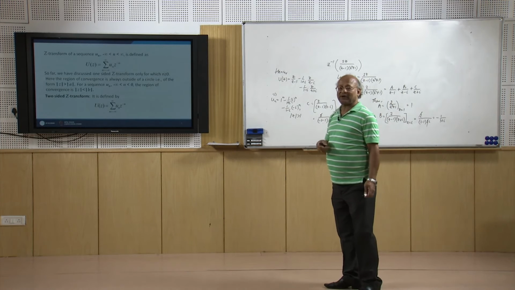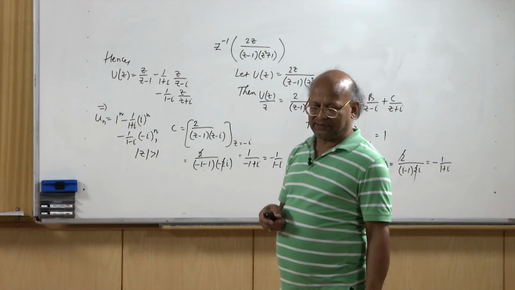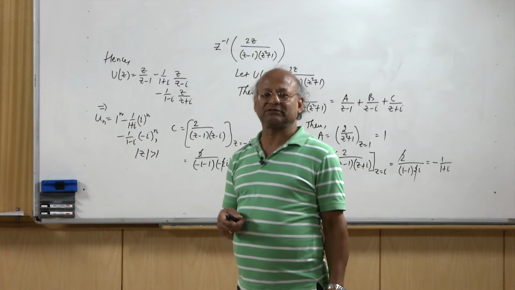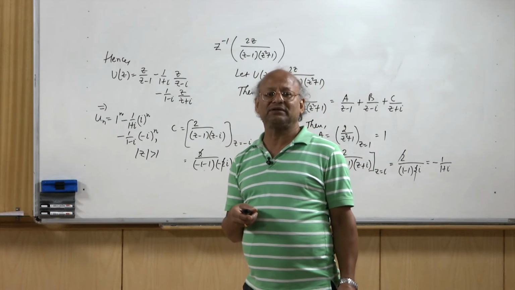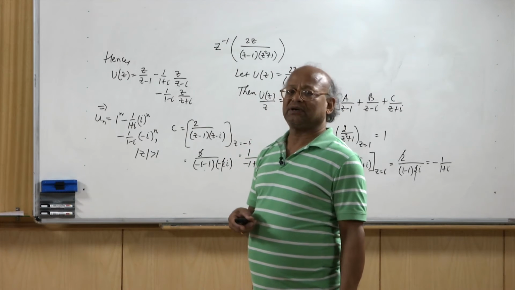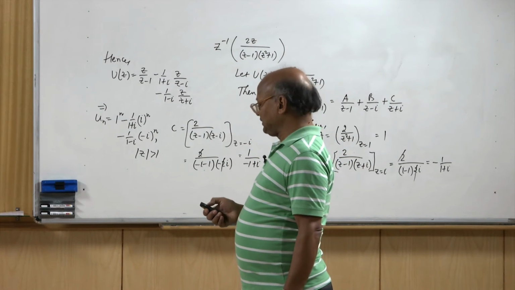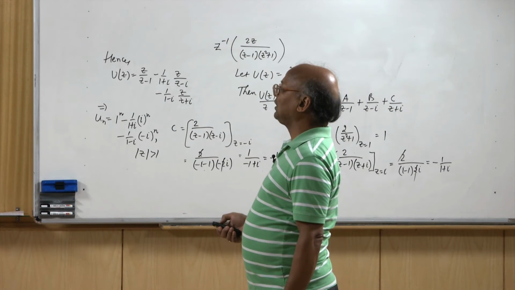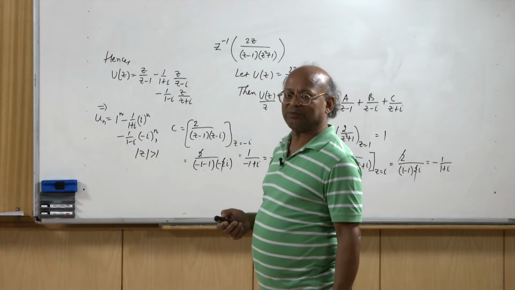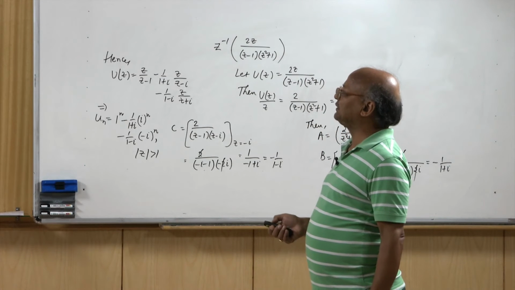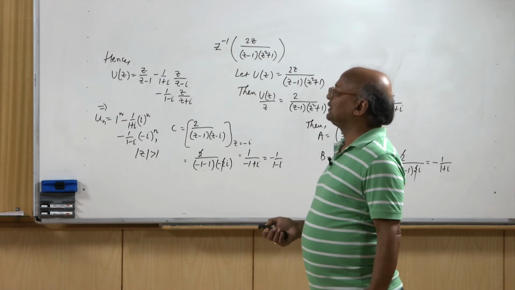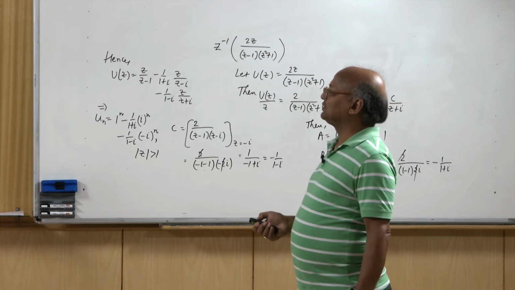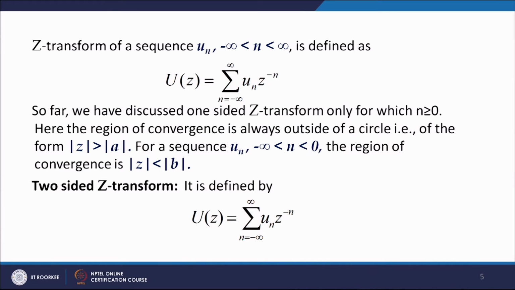two-sided Z transform. So far we considered the Z transform which was one-sided Z transform, where one-sided Z transform means we considered the values of n to be non-negative, n equal to 0, 1, 2, 3 and so on, and we considered U(z) equal to sigma n equal to 0 to infinity u(n) z to the power minus n, but n can take negative values also. So, when n takes values from minus infinity to plus infinity, the Z transform will be defined as sigma n equal to minus infinity to infinity u(n) z to the power minus n, and this transform is then called as